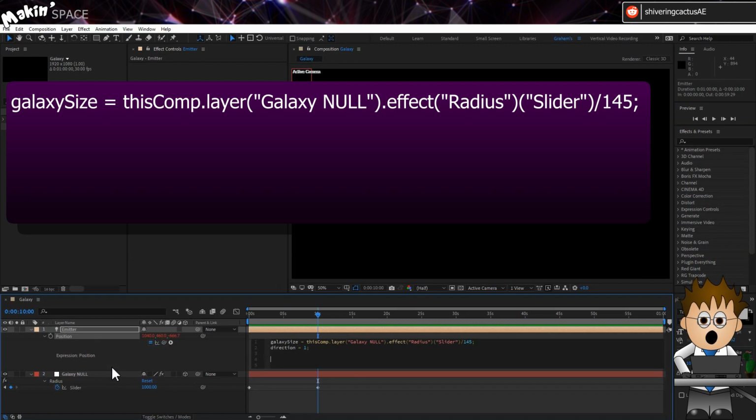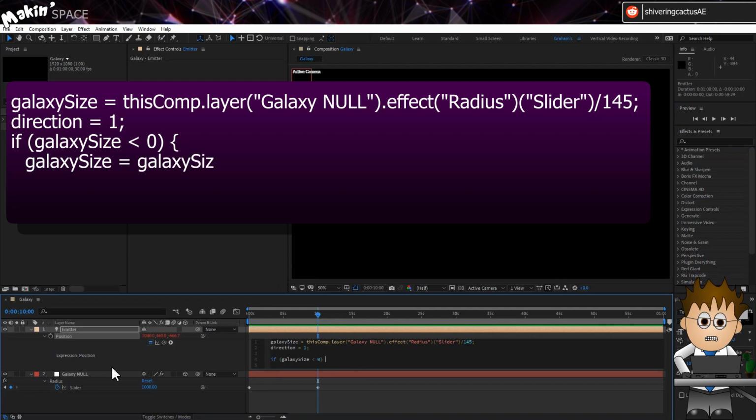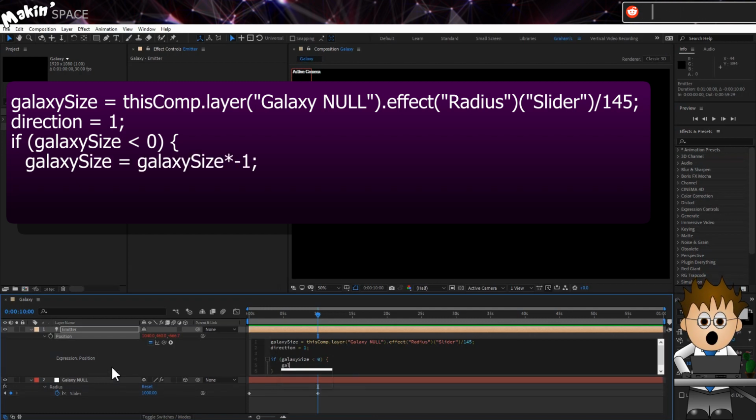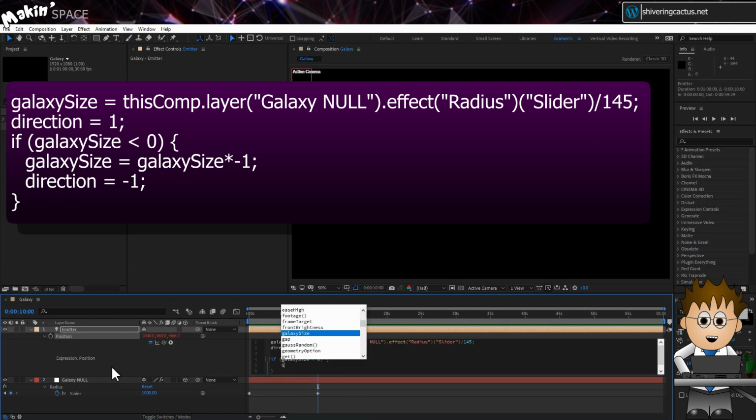On a new line, direction equals 1. Our slider is going from negative to positive. This direction variable will let me use the same light for both arms of the galaxy. If (galaxySize < 0) { galaxySize = galaxySize * -1; direction = -1; }